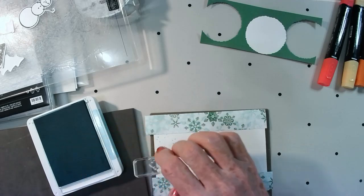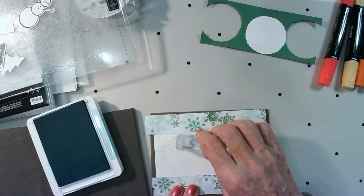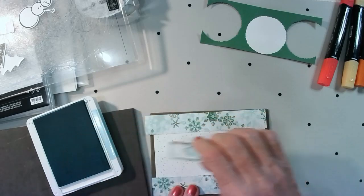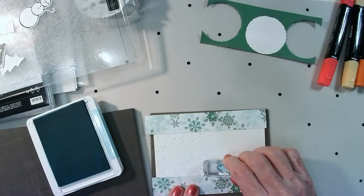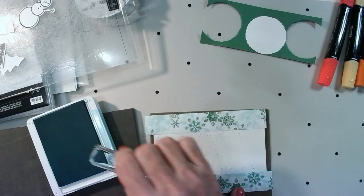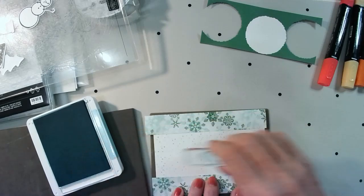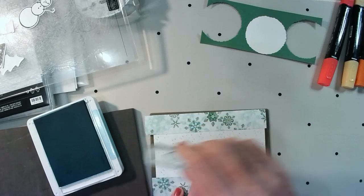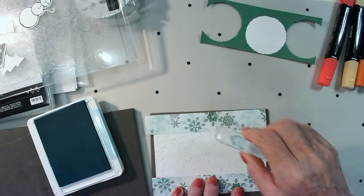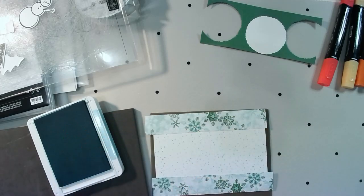and it's just as easy just to do them right across the card instead of lining my circles up and then trying not to get these dots on my circles, or outside of my circles. And there's no pattern to this or anything, it's just ink, dab, there, just like that. All right,